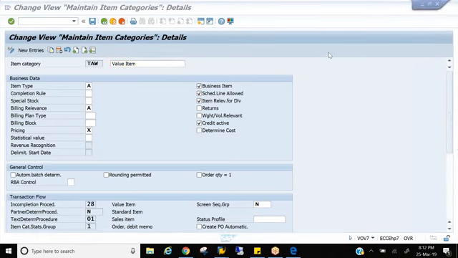The bank is giving you that as an additional benefit, but they don't sell it to you. They just give it free of cost. So we don't sell the product to the customer, but it will have some value. Say a shopping coupon of $10: they are giving you $10 worth of coupon free of cost, but they are not selling it. That is a value item, which we don't sell to the customer, but it has some value.